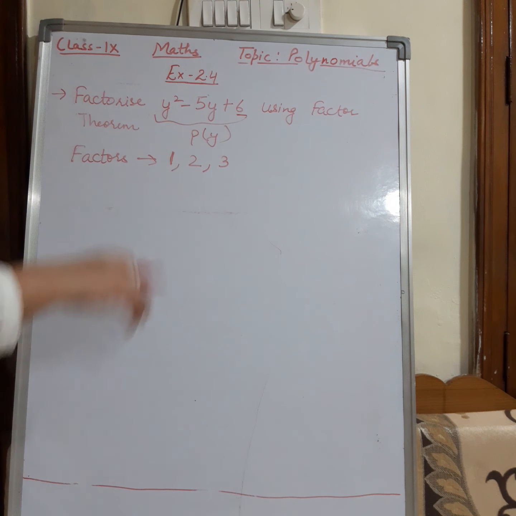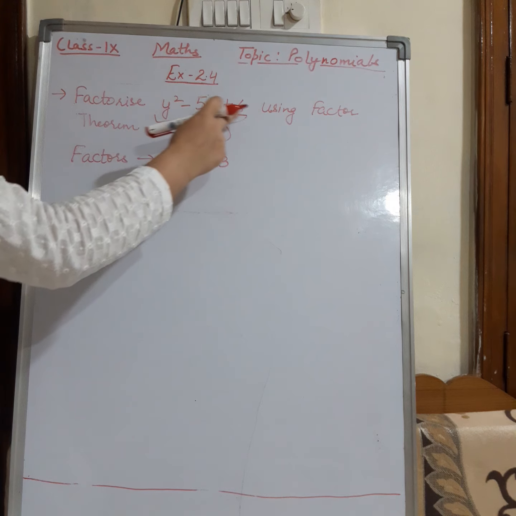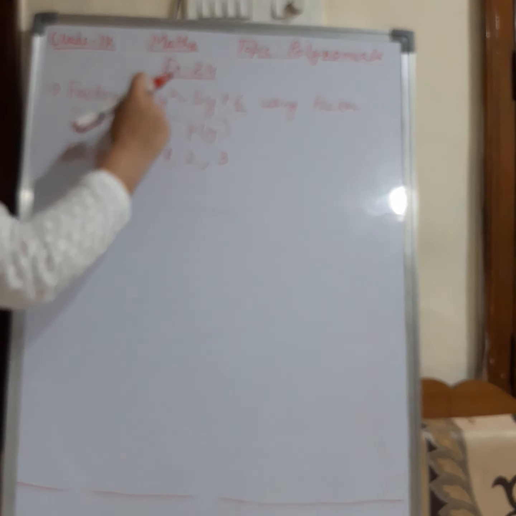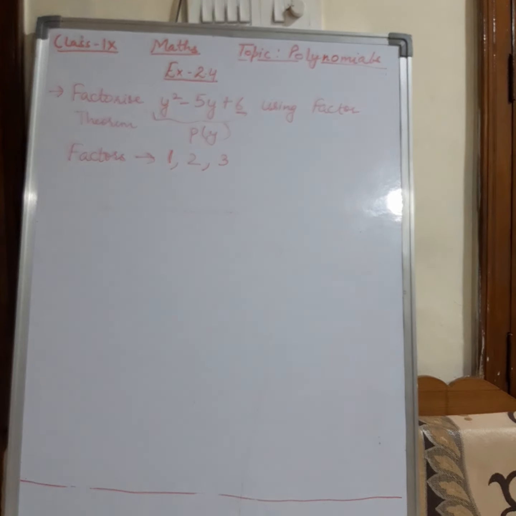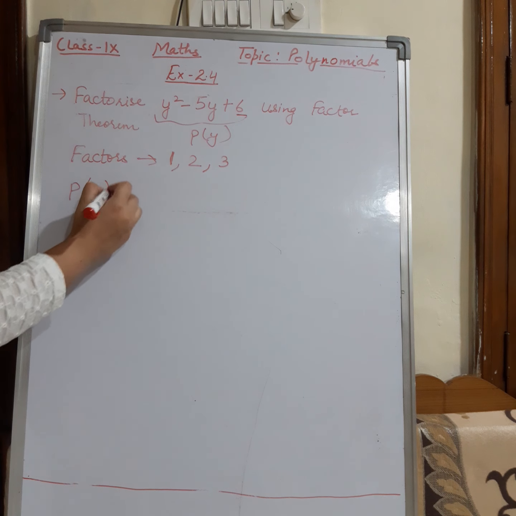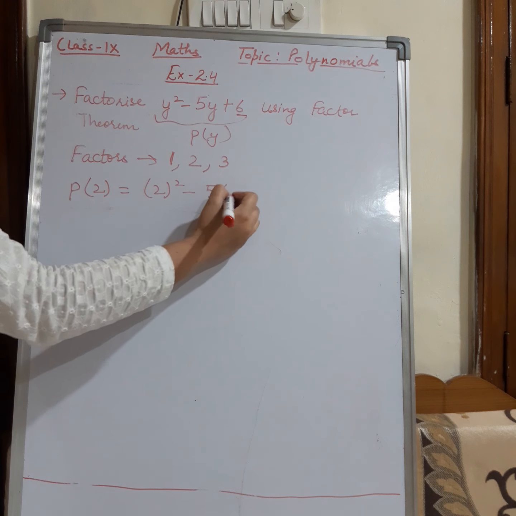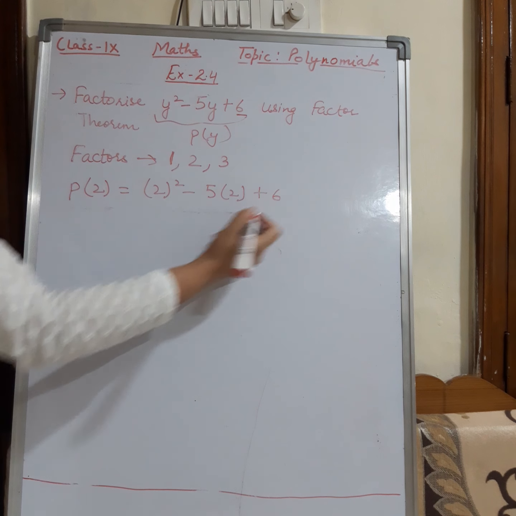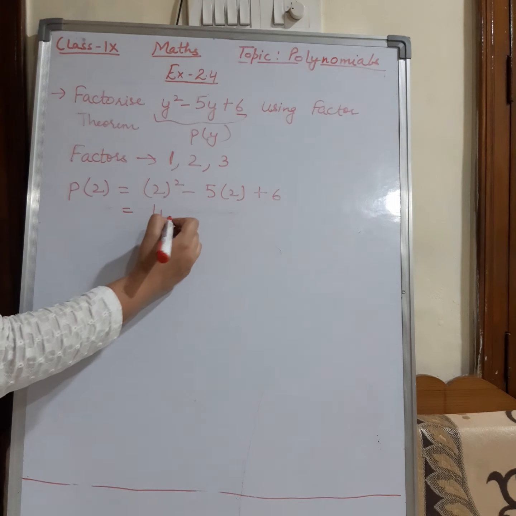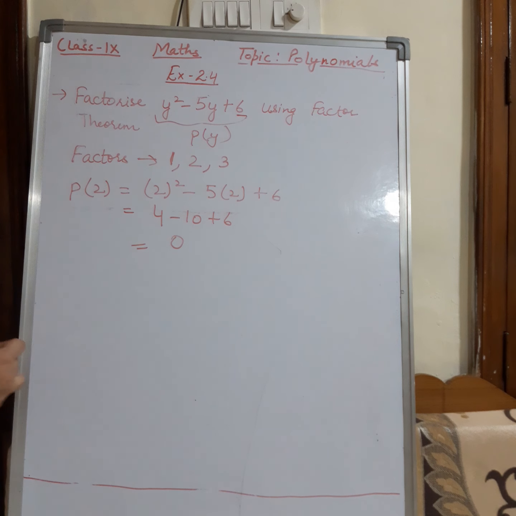Fine. So roughly I can see, if I put 1 here, it will become 1 square minus 5 plus 6, that is 7 minus 5, which is 2. So there is no need to show that method if you can calculate directly in your mind. Let us check for 2. I want to find p(2). What will it become? 2 square minus 5 into 2 plus 6. That means 4 minus 10 plus 6, which is equal to 0.